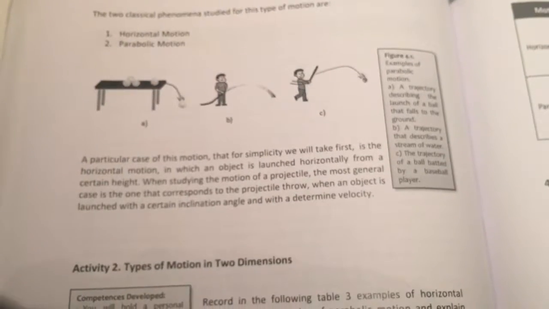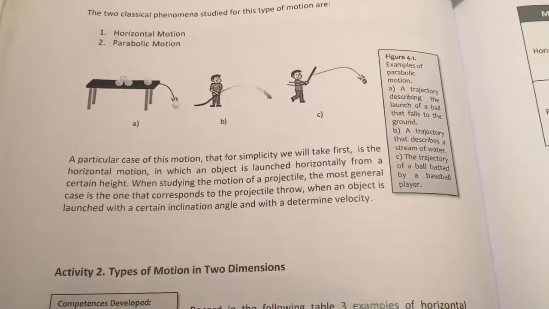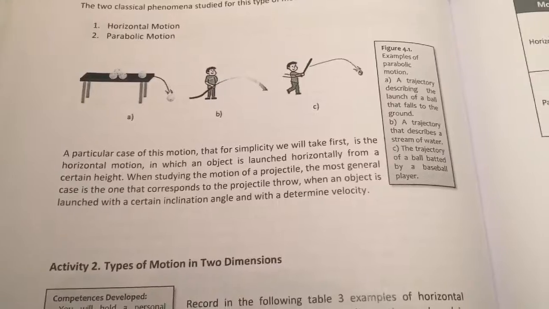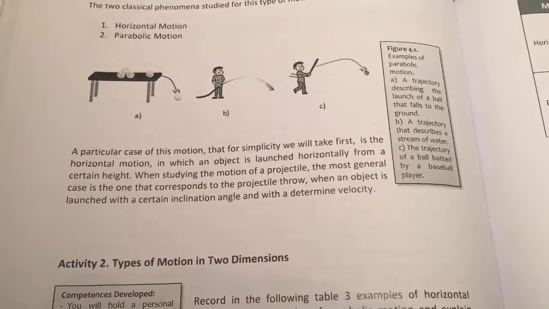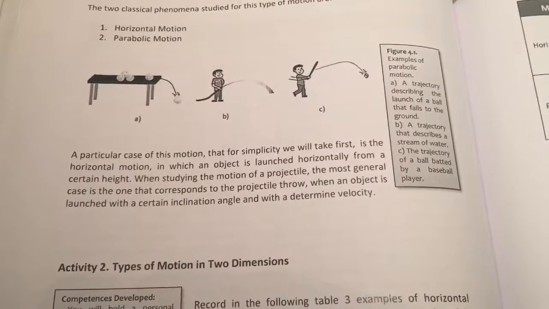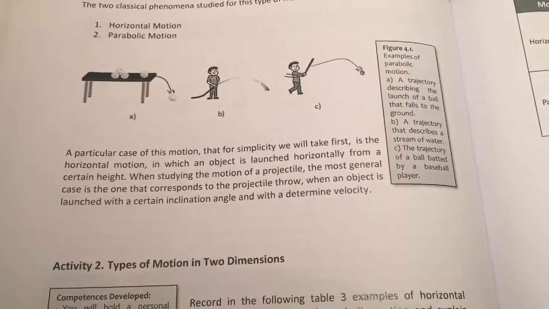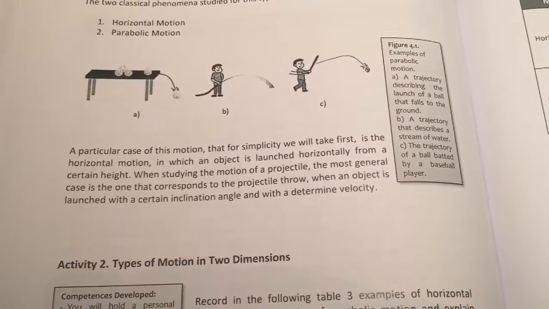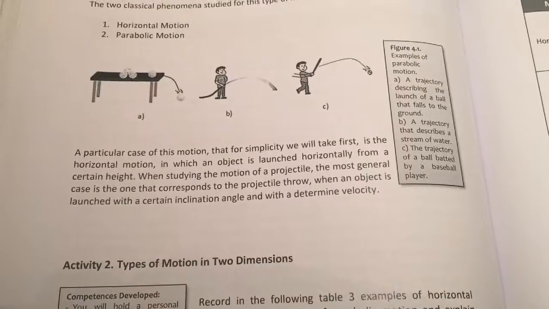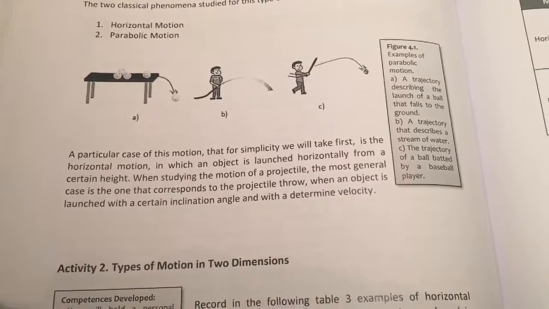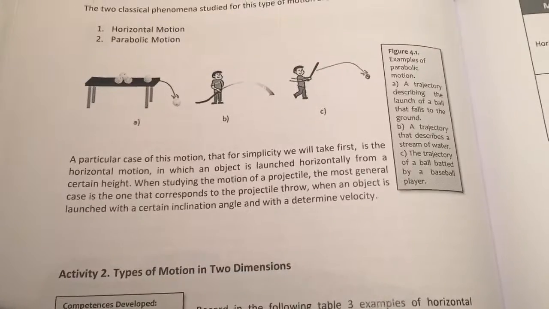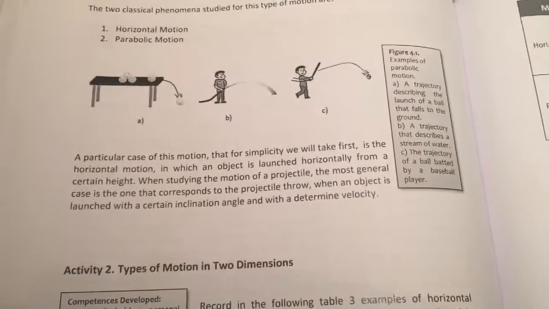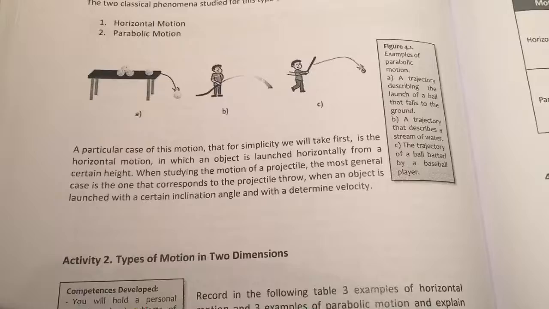The 2 classical phenomena studied for this type of motion are horizontal and parabolic motion. In this figure, we can see that in the letter A, a trajectory describing the launch of a ball that falls to the ground. In the letter B, we can see a trajectory that describes a stream of water. And in the letter C, we can see the trajectory of a ball batted